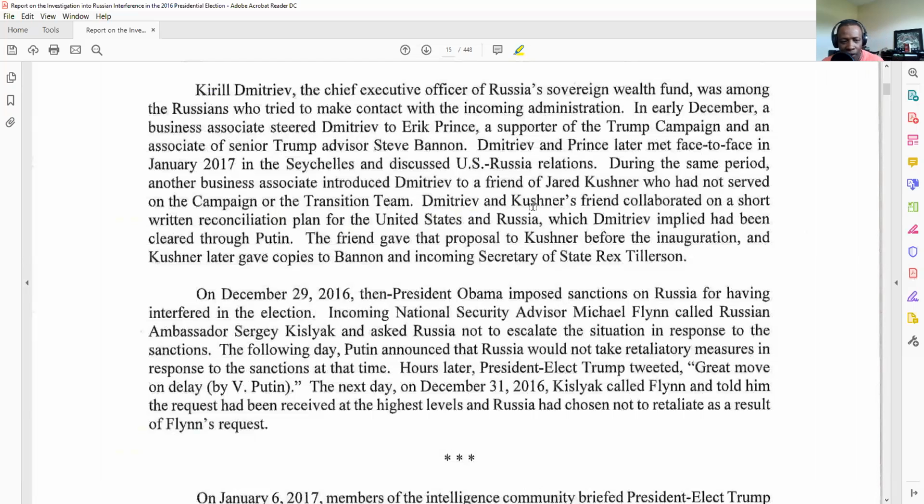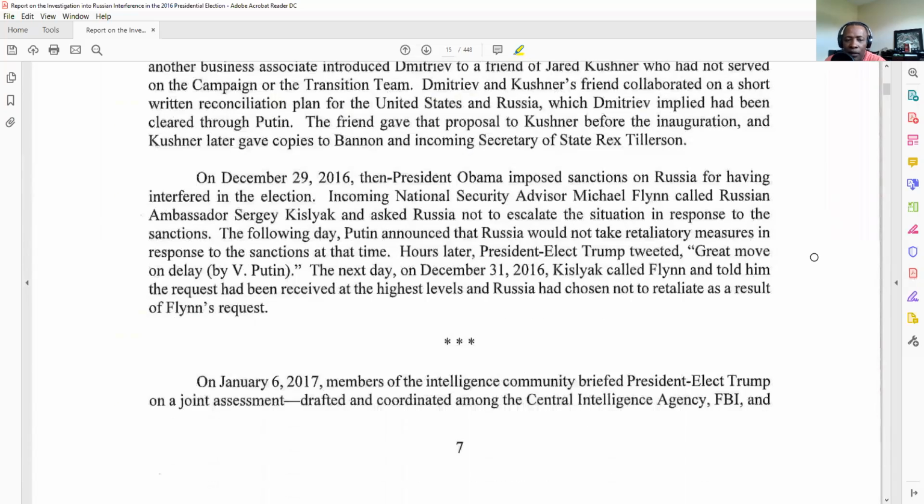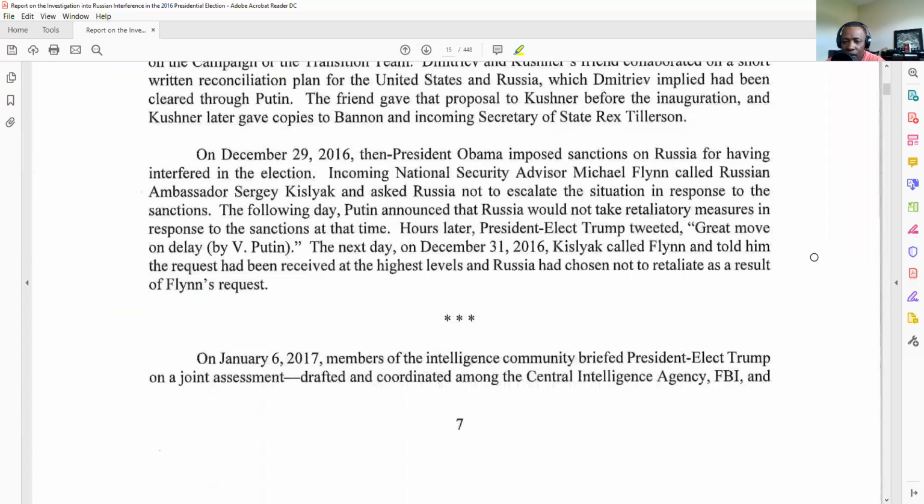Continuing. On December 29, 2016, then President Obama imposed sanctions on Russia for having interfered in the election. Incoming National Security Advisor Michael Flynn called Russian Ambassador Sergei Kislyak and asked Russia not to escalate the situation in response to the sanctions. The following day, Putin announced that Russia would not take retaliatory measures in response to the